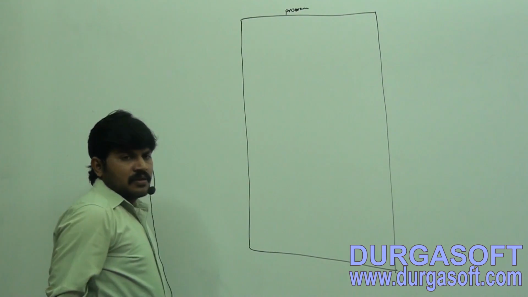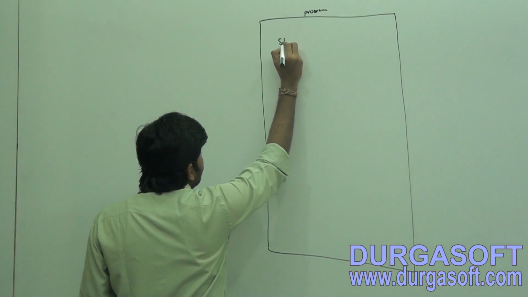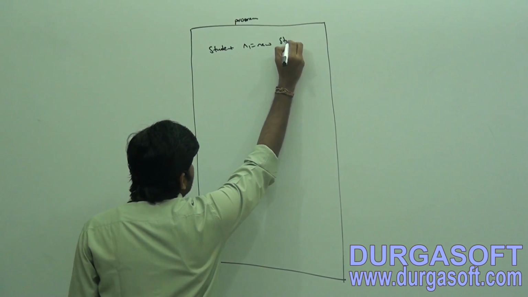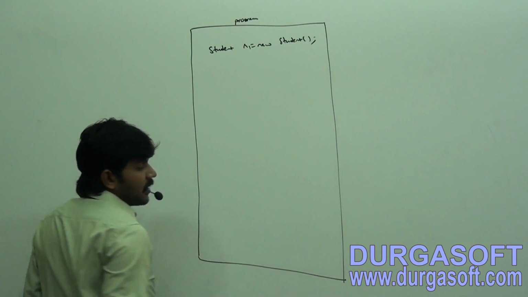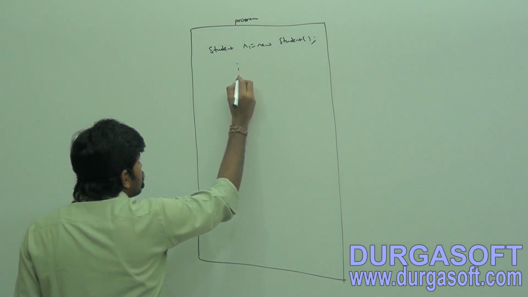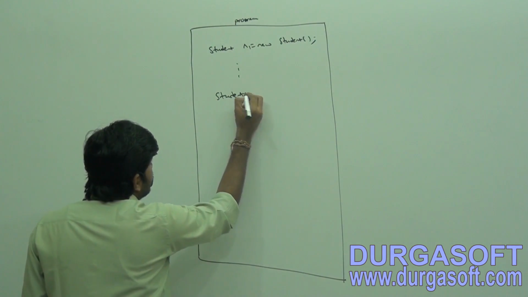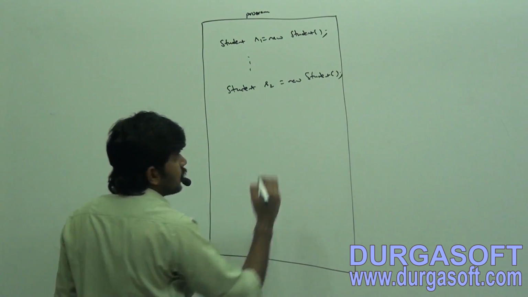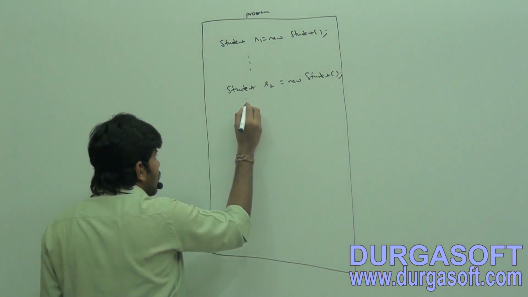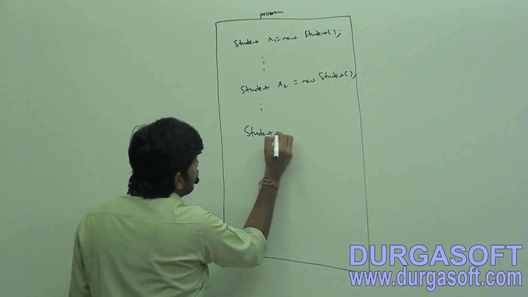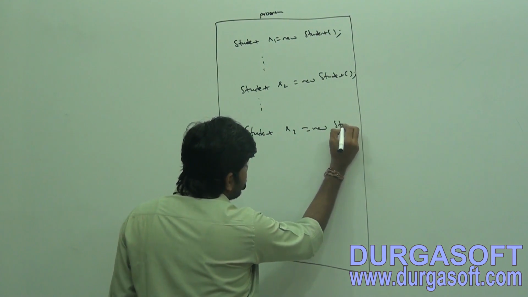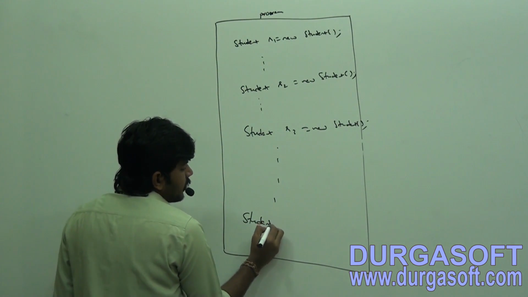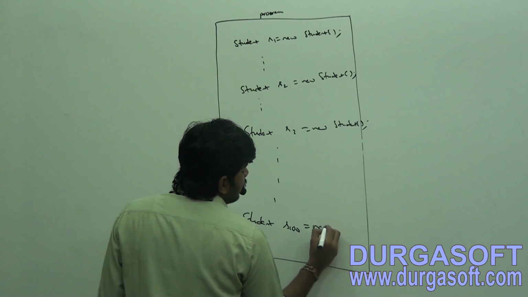In this program I am using Student s = new Student(); Student s1 = new Student(); Student s2 = new Student(); Student s3 = new Student(); and so on, up to Student s100 = new Student();